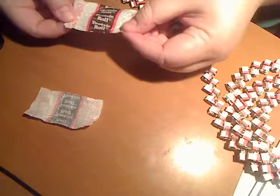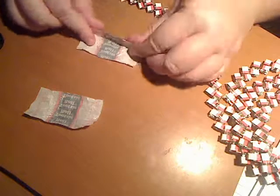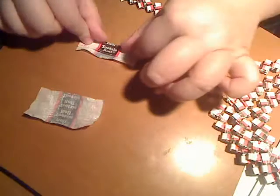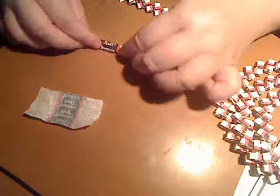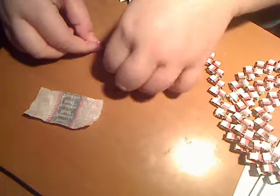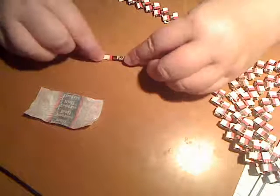So you get a wrapper and you spread it out and you fold it up to nearly the top. You leave a little bit and then you fold it, and then you fold the top down to the very bottom edge, and then you fold it and you take the top edge again down to the bottom edge and you fold it, and then you have